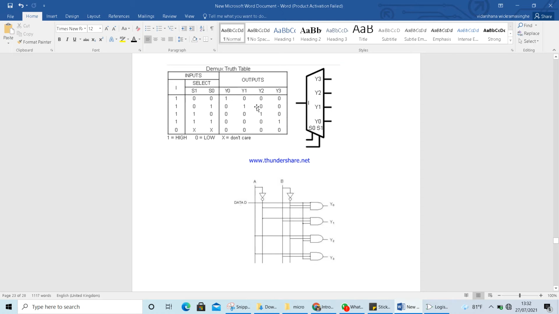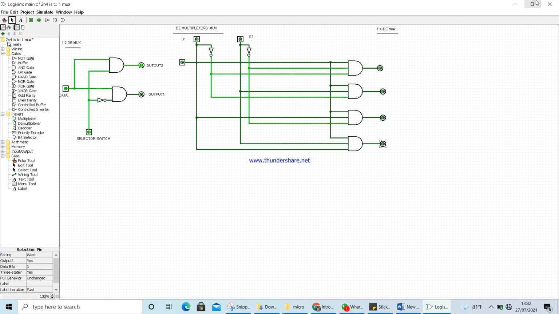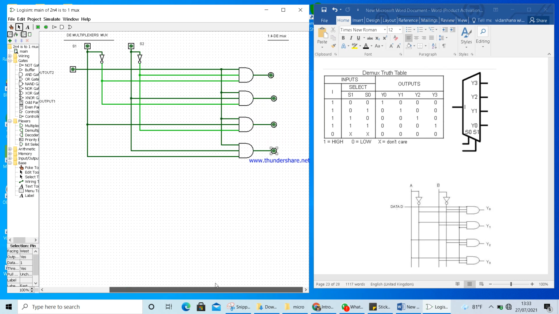Word document, right? This is my Word document. When the inputs change, I'll be adjusting the frames, right? Okay, now you can see. So I'm going to perform this simulation now. This is the data bit column. This is the selector column. These are the outputs,